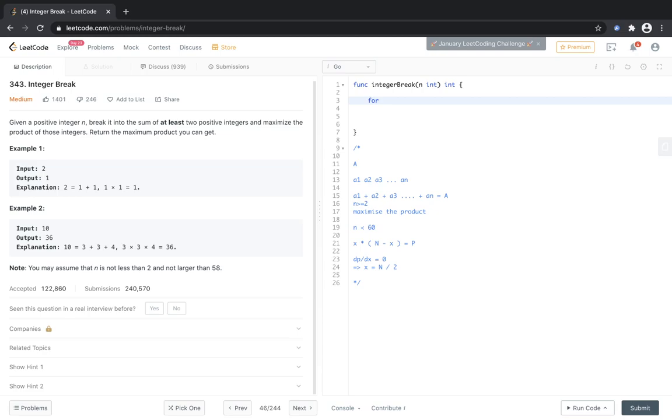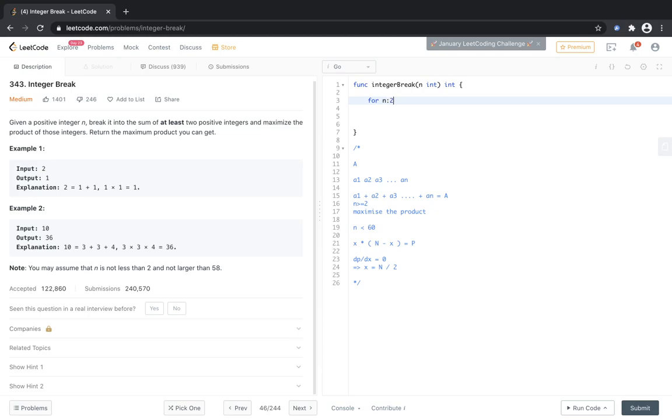Okay, for x equals 1, obviously we need to divide it into at least two numbers.